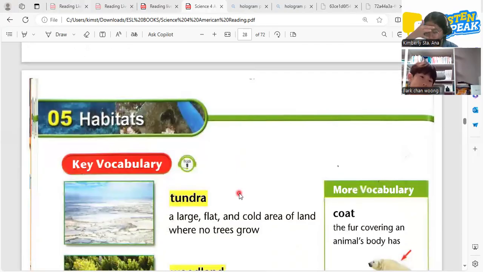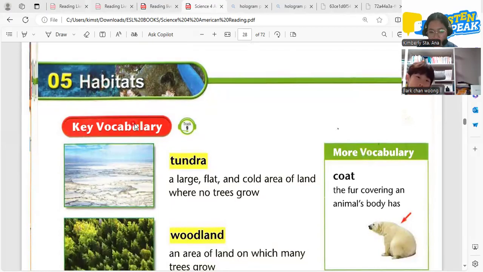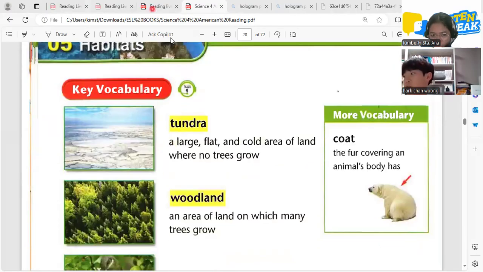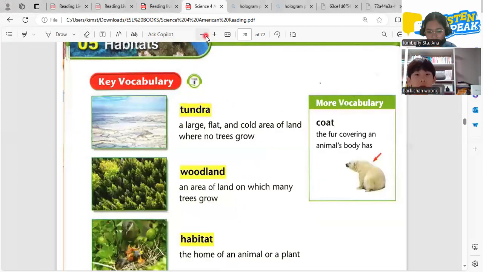Tonight, let's have a new one. It's all about habitats. Can you say that? Habitats. So habitats means different places where organisms thrive and try to survive. So the first one here we have this. What's this? Tundra. What is tundra? A large, flat, and cold area of land where no trees grow.